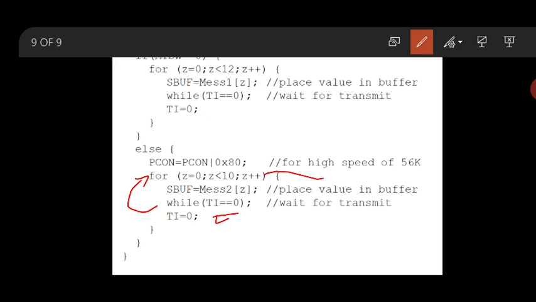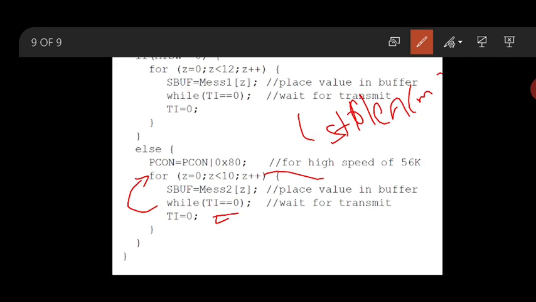You can use strlen of mesh 2, that is also fine. Instead of 10, if you don't know the length of the characters, you can use strlen of mesh 2, that is also correct.